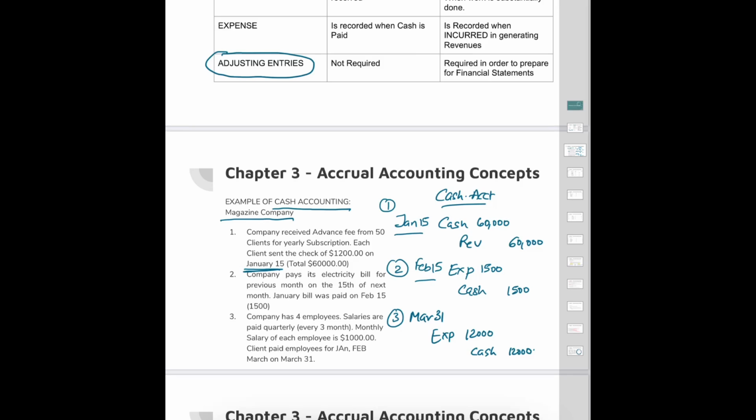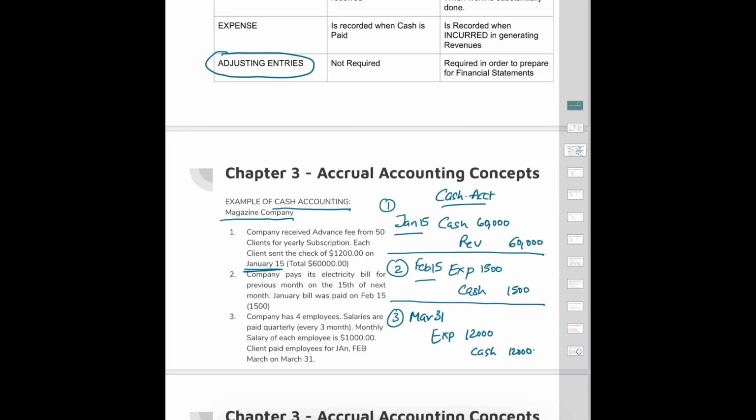So if they are closing their books on January 31, what will be on their income statement? 60,000 revenue, no expenses. What if they close their books next month on February 28? They will have expense of 1,500, no income, so it means their net loss will be 1,500. March 31, again they will have an expense of 12,000 and no income, because all the income was recognized in January month. Okay,